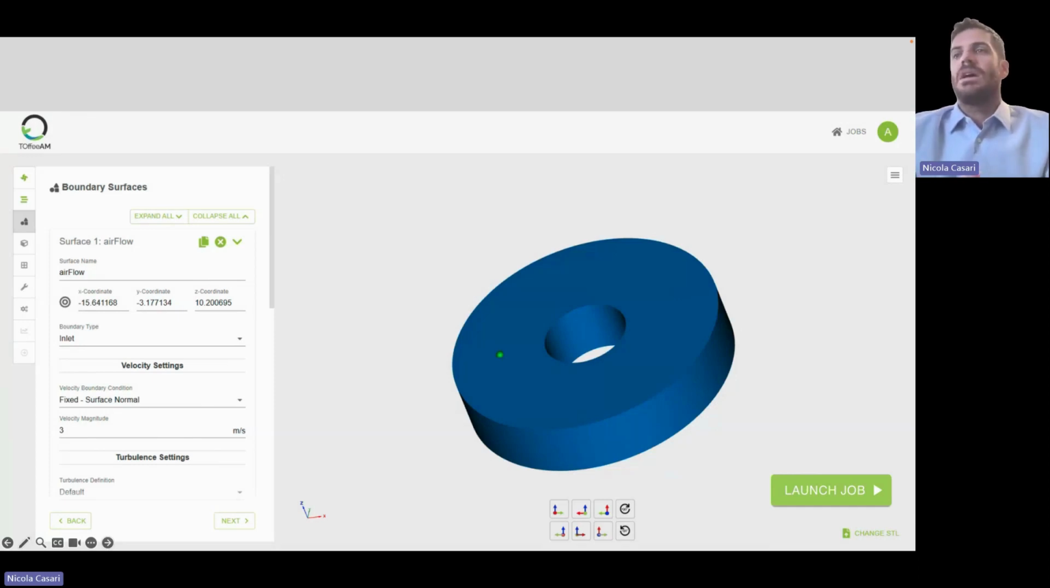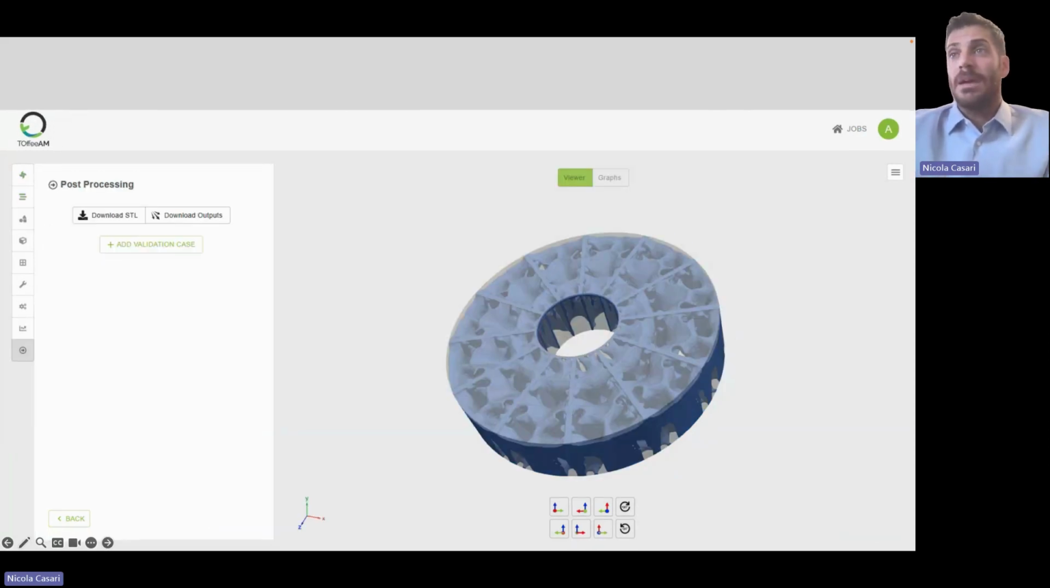In this case, you want a surface normal velocity of 3 meters per second, because this was the boundary condition there. You just pick with your cursor the surface you want to choose as an inlet. Same thing for the outlet. And after a very short period of time,